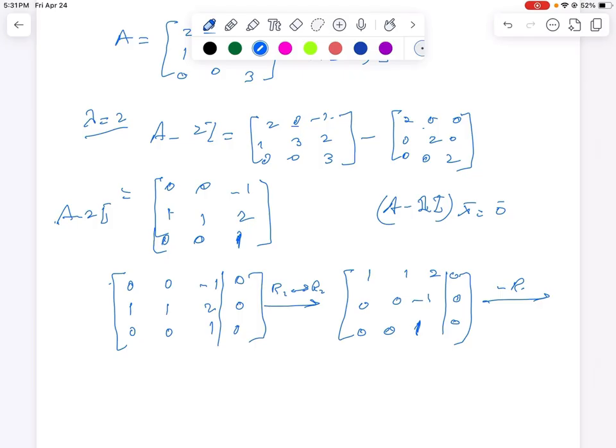So I do R3 plus R2, and also I want to make this quantity a 0, so I need negative 2R3 plus R2 to R1,